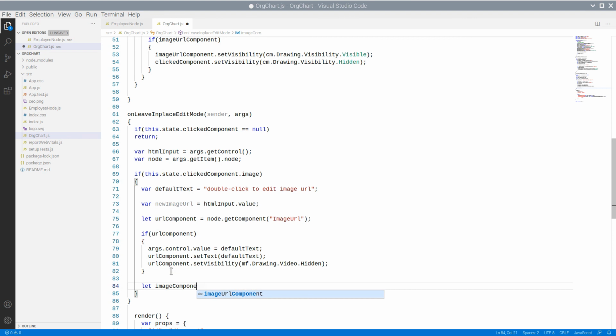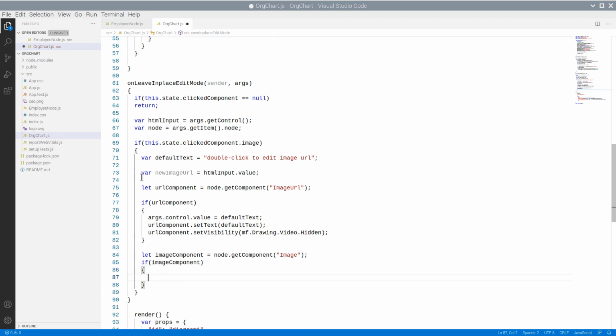Now let's get the image component and set the new URL as its value. We check if the image URL has changed and if it exists at all.